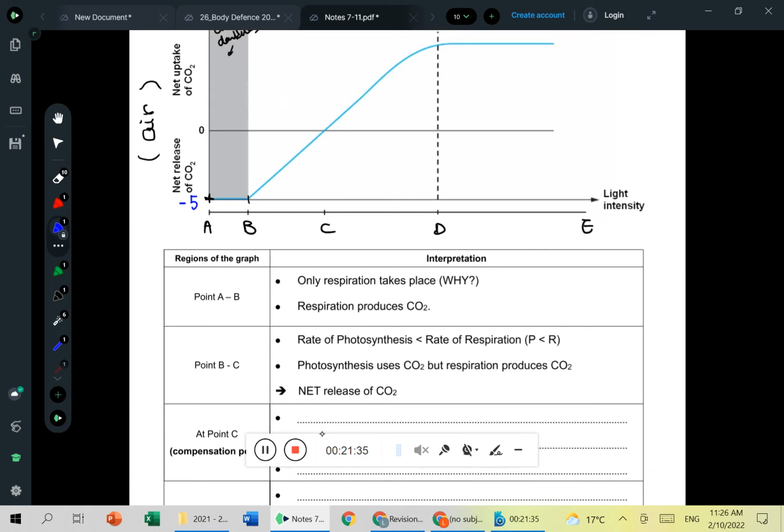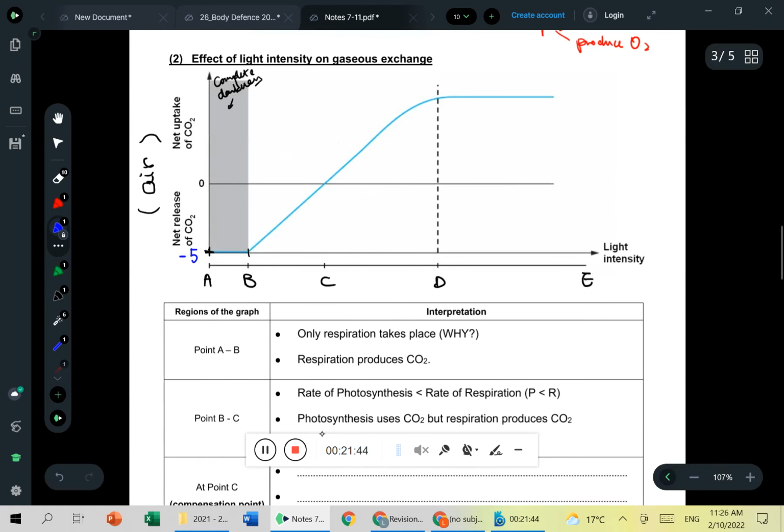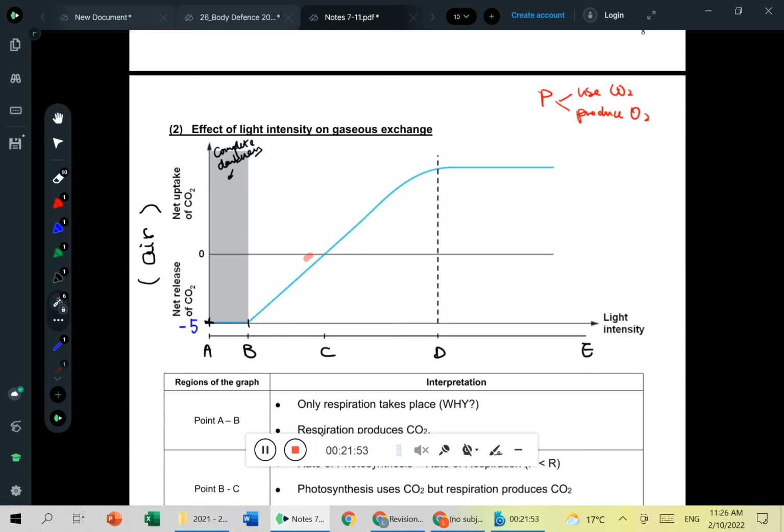So as the light intensity increases, the rate of photosynthesis would increase. But you can see there is a region that there is not yet a net uptake of CO2. Why? 有 photosynthesis 咯，有光咯，點解仲係 release 緊 CO2 嘅咧？因為 photosynthesis 唔夠快啊嘛，咁所以喺呢度請你寫低 P 細過 R 啦。When P is smaller than R,